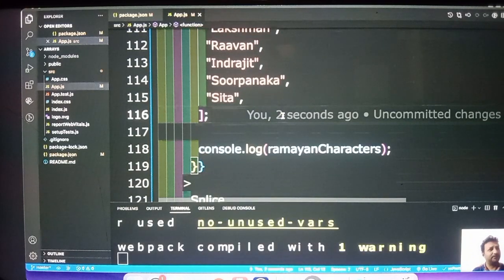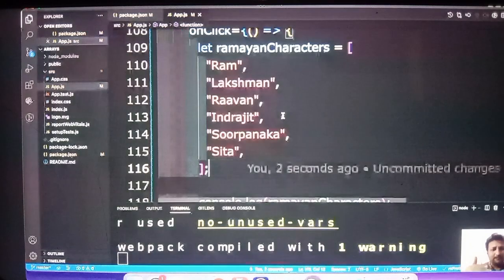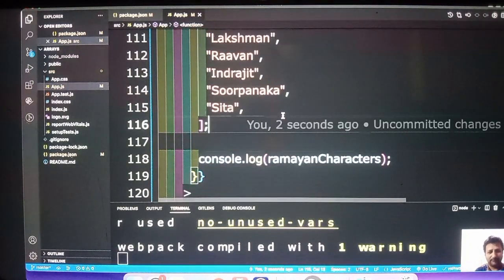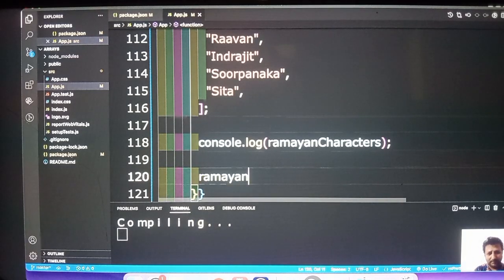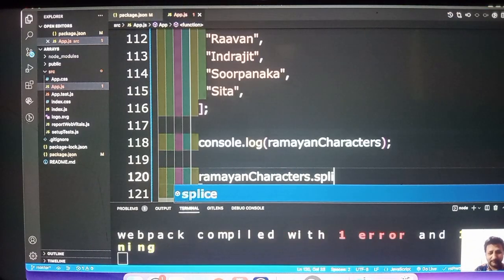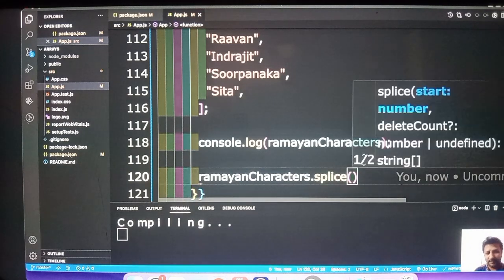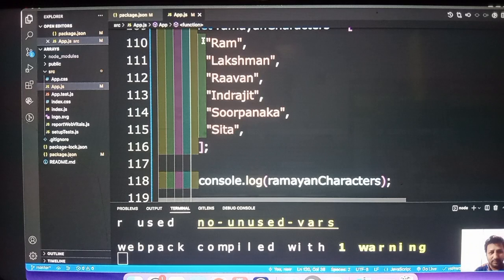I wanted to delete. Now, Ram, Lakshman, Sita are good characters of this story. Ravan, Indrajit are bad characters of this story. Now, I wanted to remove Ravan, Indrajit, and Surpanaka. So what will I do? I just say Ramayana characters dot splice. First, the starting point from where you want, whether it is removing or adding. Now, 0, 1, basically from the second index onwards. So I am giving